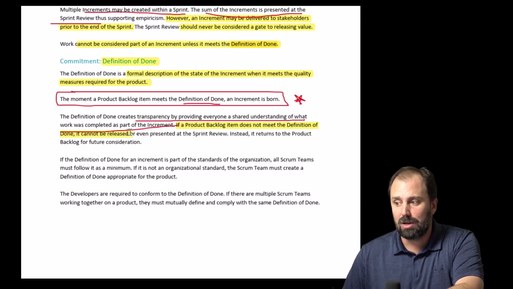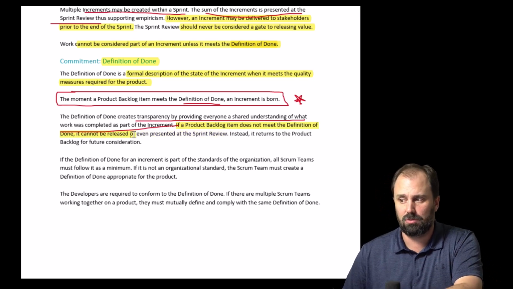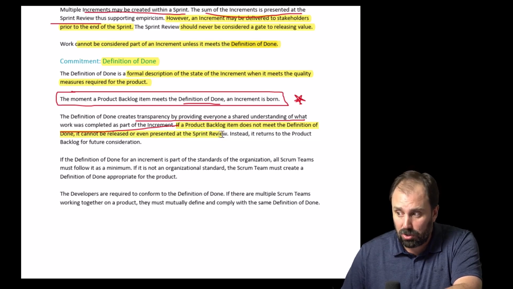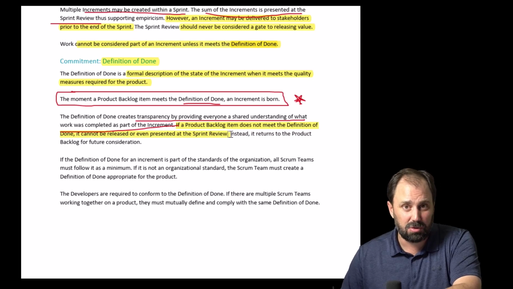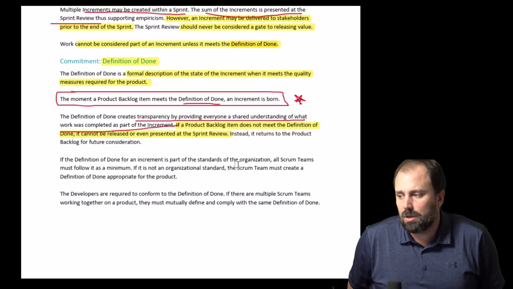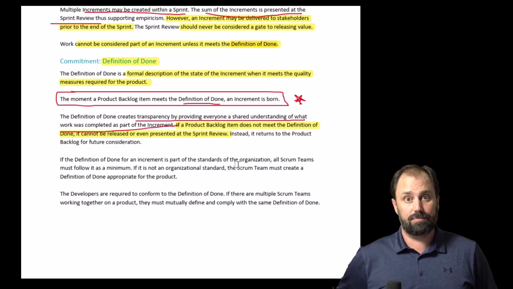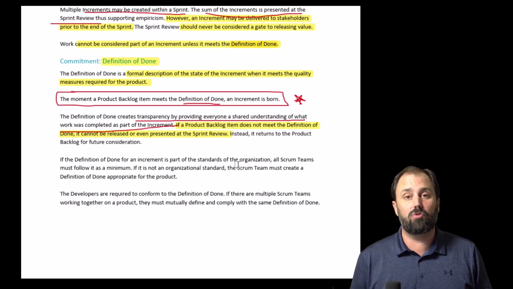It cannot be released or even presented at the sprint review. So it can't be put out to the customer if it isn't meeting the definition of done, and we're not even going to look at it during the sprint review. That seems pretty crazy, possibly, but there's a reason. What do you think the reason is? First of all, it focuses everybody on quality.